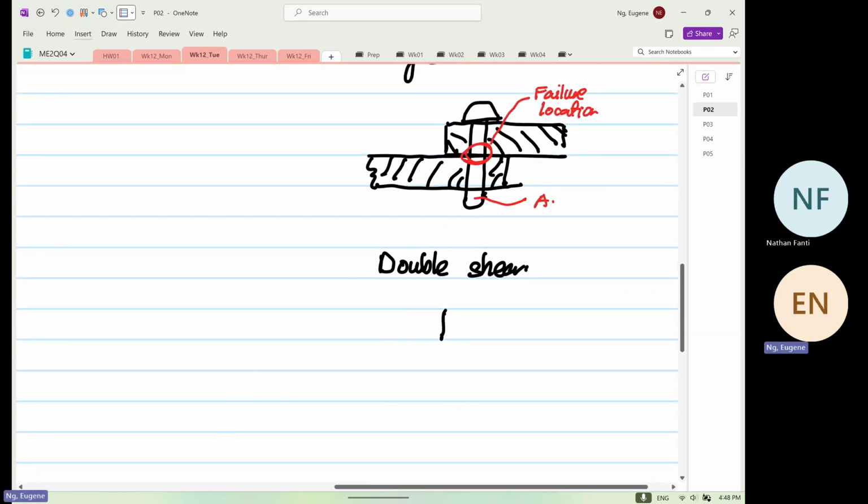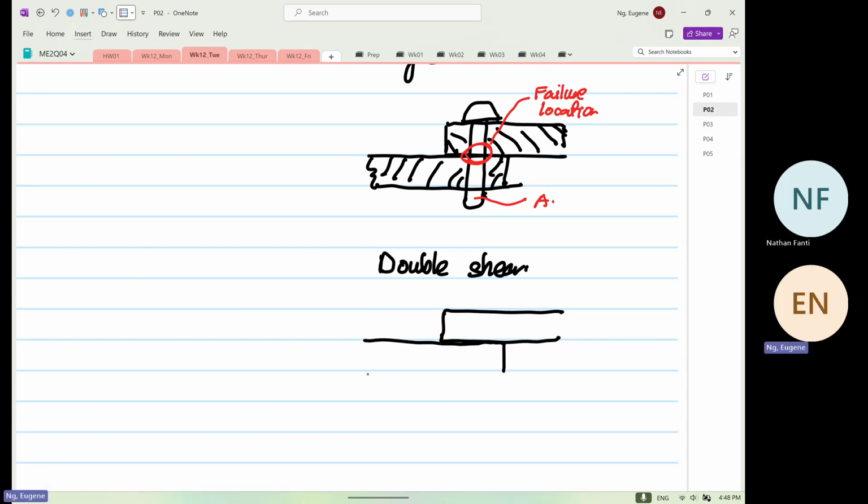Double shear, as you can see now, now you have 3 plates. 1, 2,